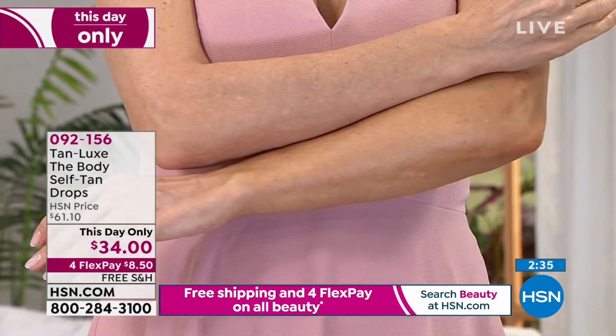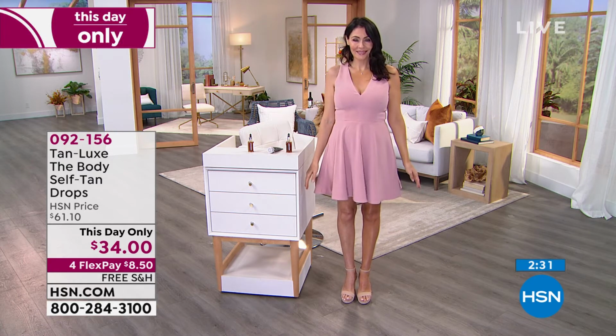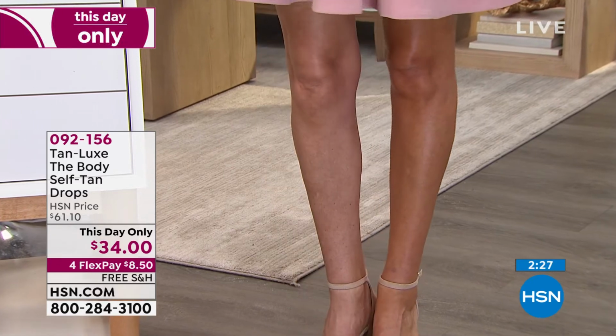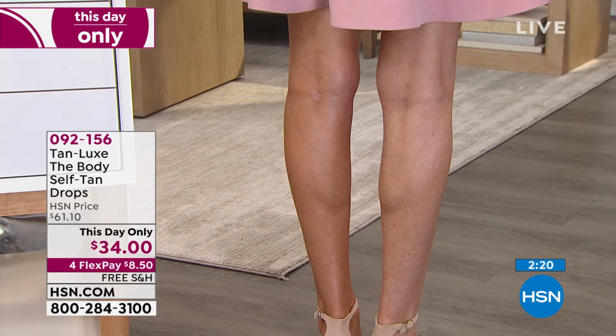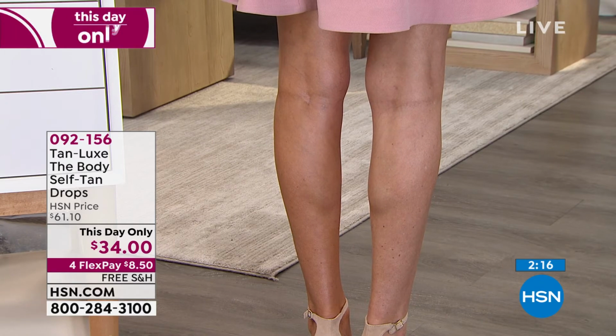You can control it, Valerie. You get to customize the level of color. Gabby is wearing light medium, and she's done about 4 drops mixed in with the moisturizer that your skin knows and loves. And look at her legs. No weird orange pool around the knees, no telltale signs of a sunless tanner, but healthy radiance, glow, covering up